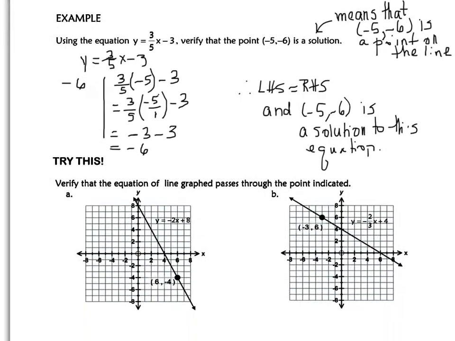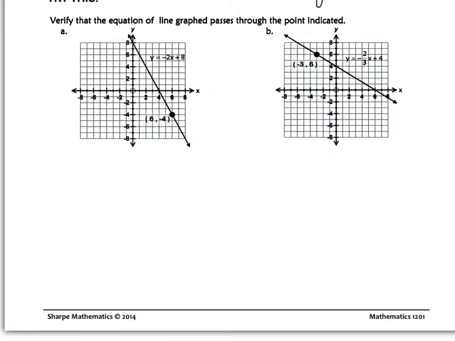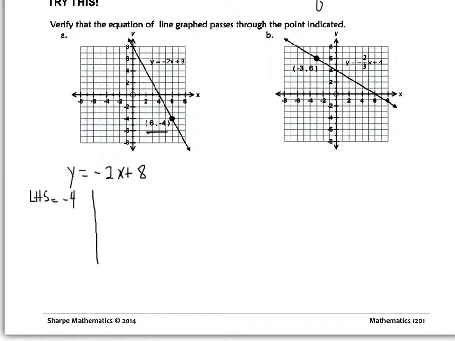So we've got a couple of examples here to try. And the first one says to verify that the equation of the line graph passes through the point indicated. So the first one has equation y equals -2x plus 8. So we start off with the left side equals -4. It's the point that we're using right here. And the right hand side